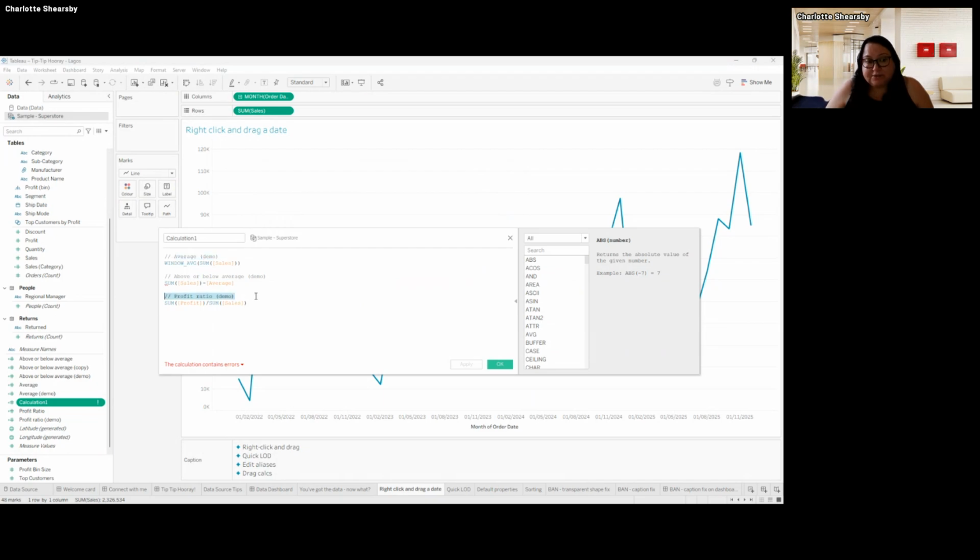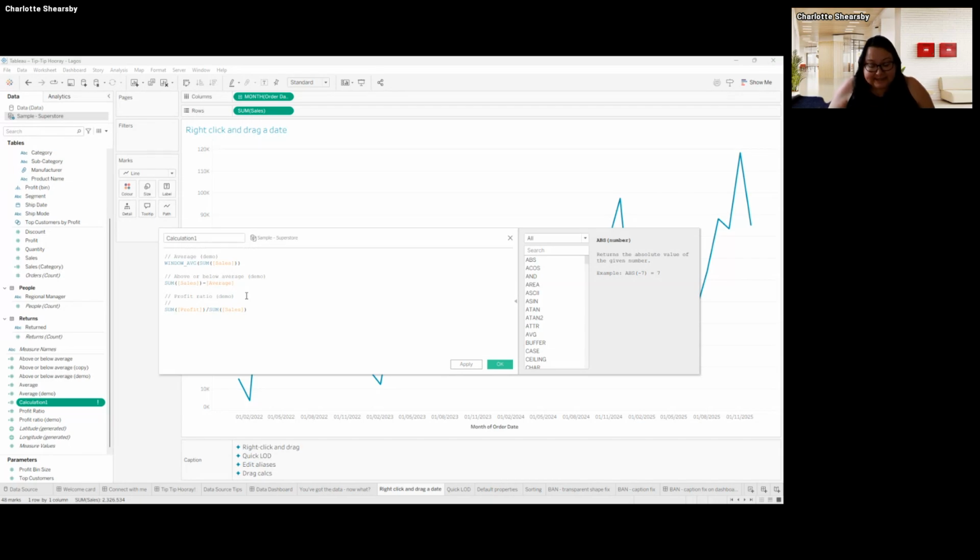That creates the title. But while we're just on it, the two dashes in here is how you can remark out stuff. So anything that's written after the two dashes on the same line is remarked out. They won't take it into account in the calculation. It's similar to, if you're used to SQL, the two dashes in SQL.